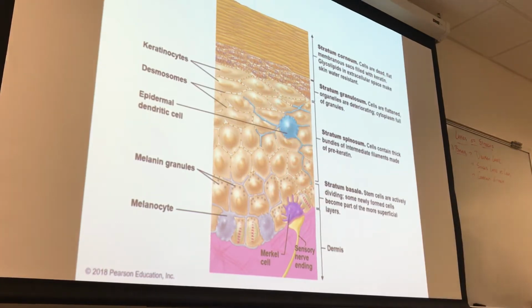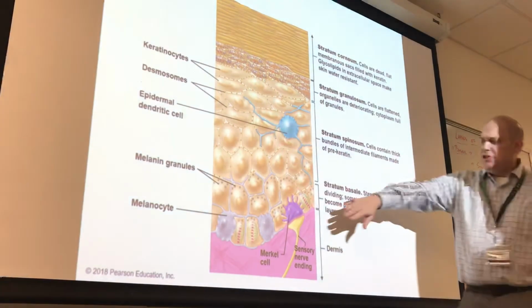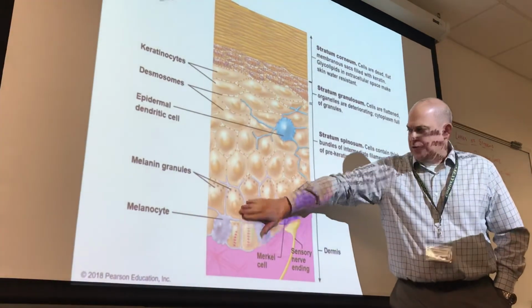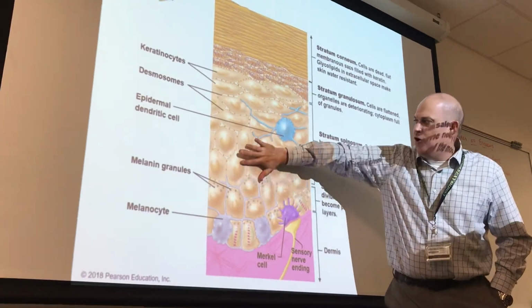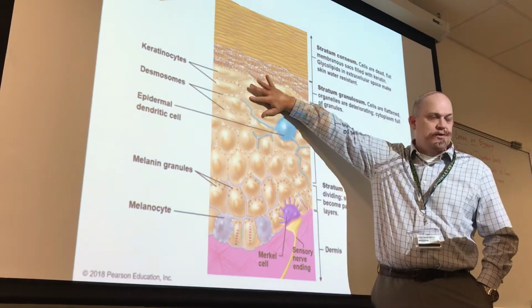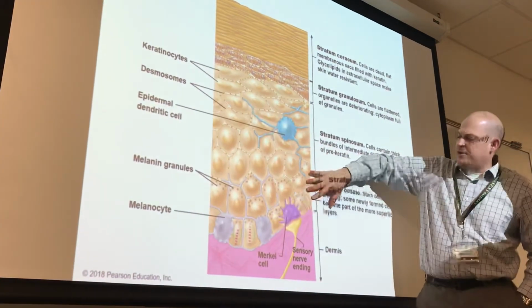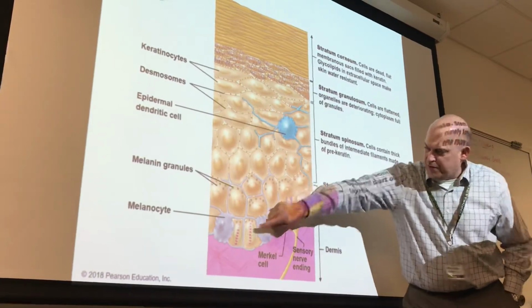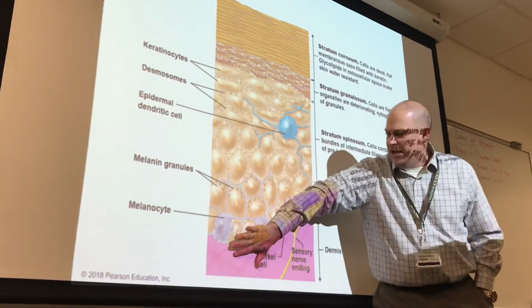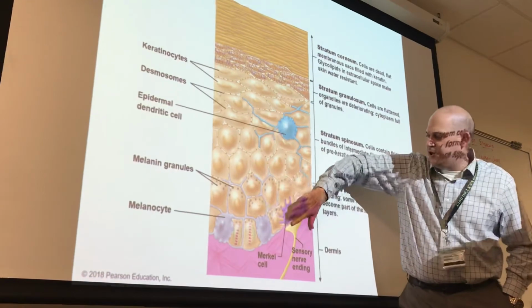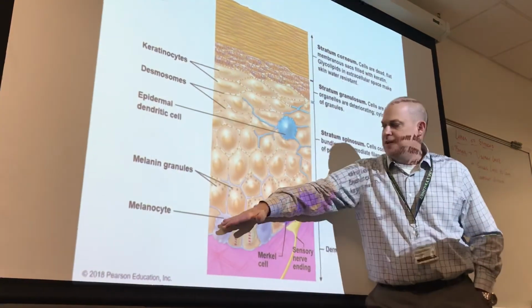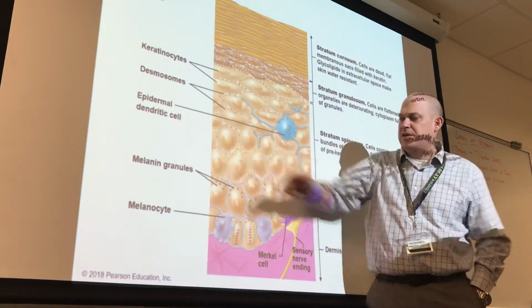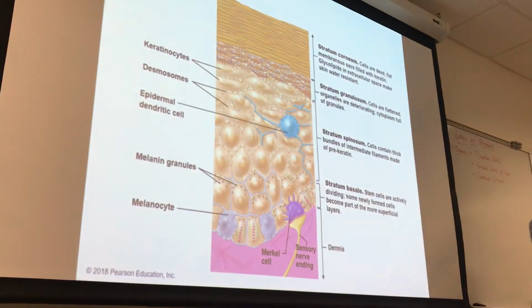And as these cells are constantly producing new cells, each of the new cells that are produced move more superficially in the epidermis, therefore pushing all the cells above them further and further towards the surface. So as these keratinocytes, we see 1, 2, 3, 4, 5 keratinocytes, are producing a new keratinocyte, and that new keratinocyte pushes up, pushing all these other keratinocytes further towards the surface, ultimately making our epidermis thicker,